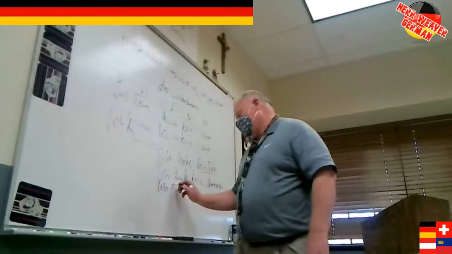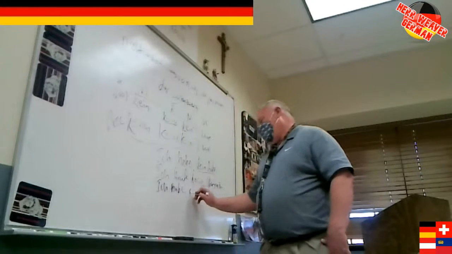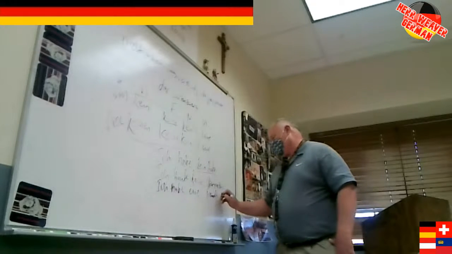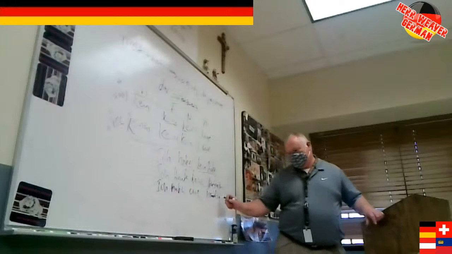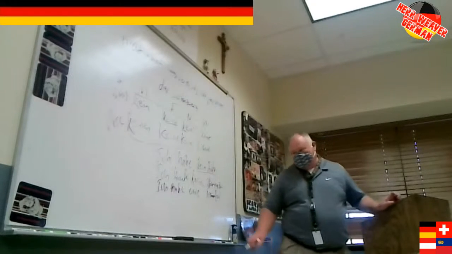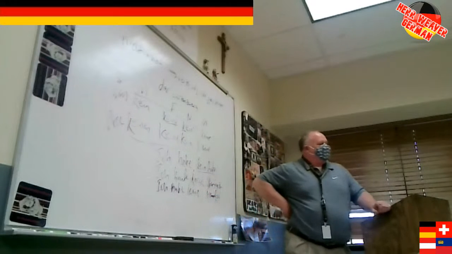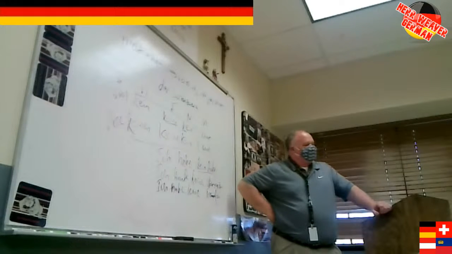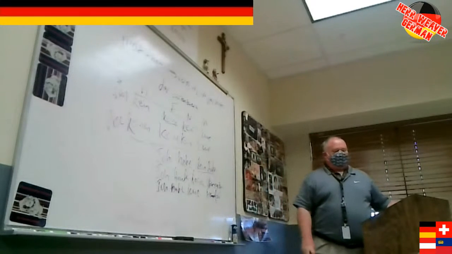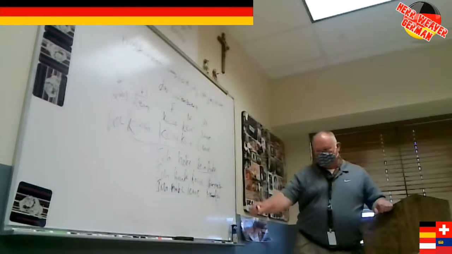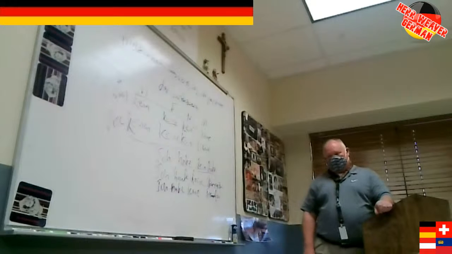Ich habe eine Freundin. What's a Freundin? What kind of friend? A girlfriend. Ich habe eine Freundin. Things don't work out. Ich habe keine Freundin. I just talked to you yesterday. You said du hast eine Freundin. Yeah, well, today's today. Ich habe keine Freundin. Happens like that, man. You know what I mean? Guys do it to girls too. Just like they're out, they're gone. Ich habe eine Freundin. Ich habe keine Freundin.